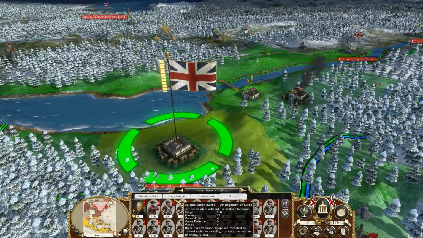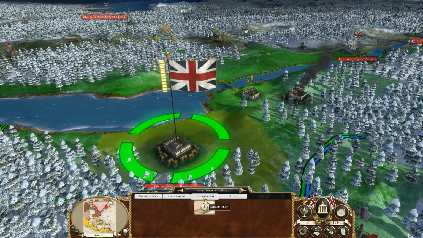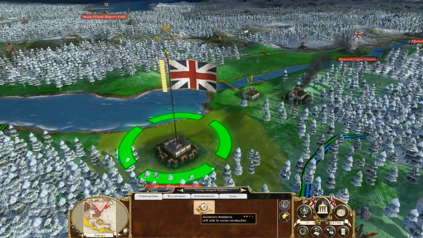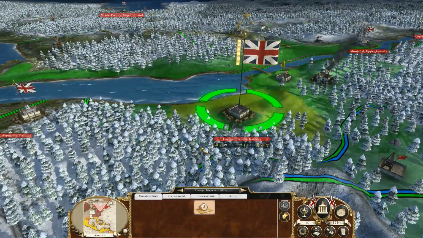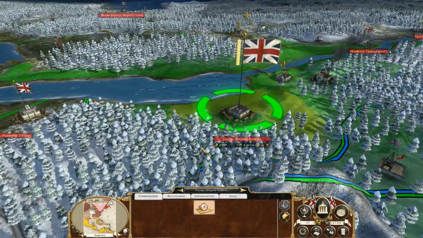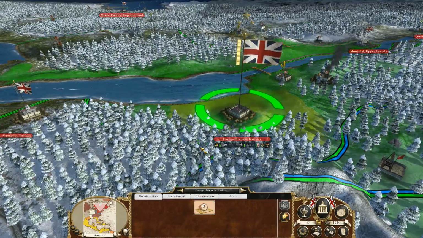But right now, don't need to recruit. Right now, building this territory up is much more necessary, and then we can move out comfortably knowing that the place is in safe hands under its garrison. Or...